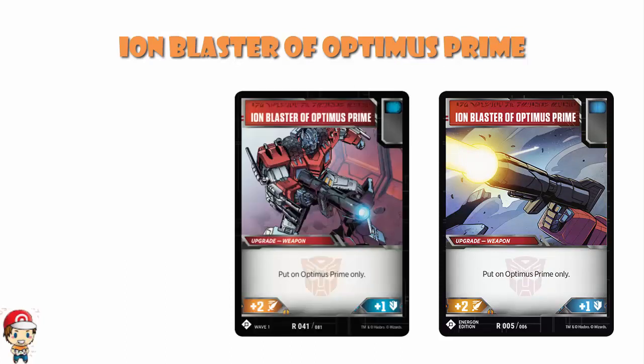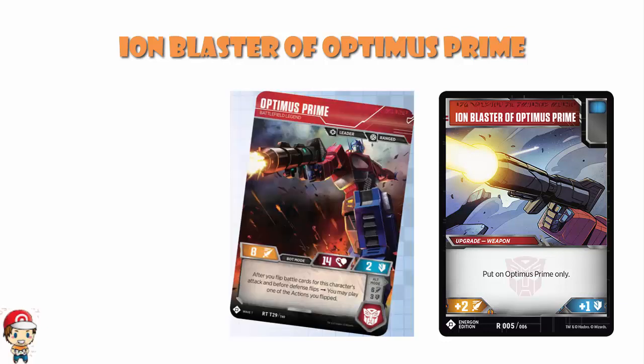It's a close-up of the blaster, rather than the old artwork which showed you Optimus Prime holding said blaster. It is an upgrade weapon that can only be put onto Optimus Prime, and it gives you +2 attack and +1 defense. And we have seen this on so many decks in the past, because Optimus Prime has been amazing. The Wave 1 Optimus Prime, the Battlefield Legend, the one that actually you're getting the fancy plastic alternate art version